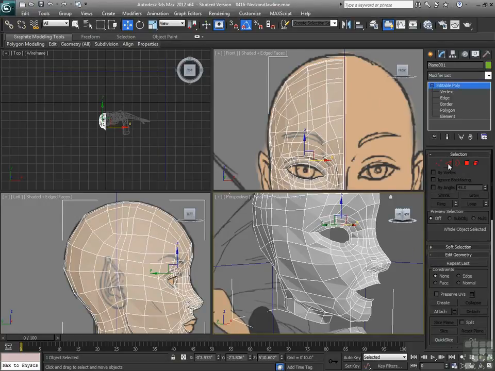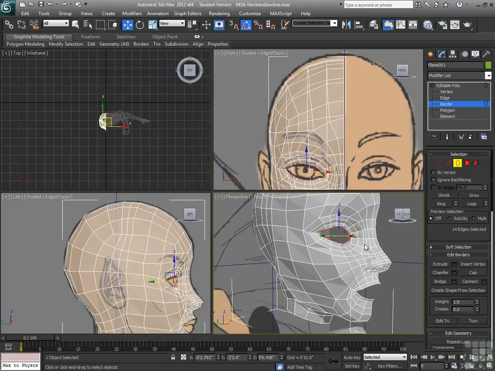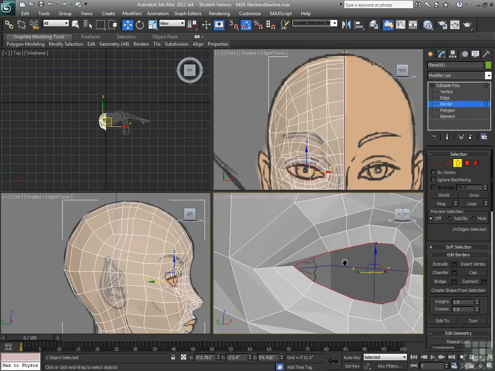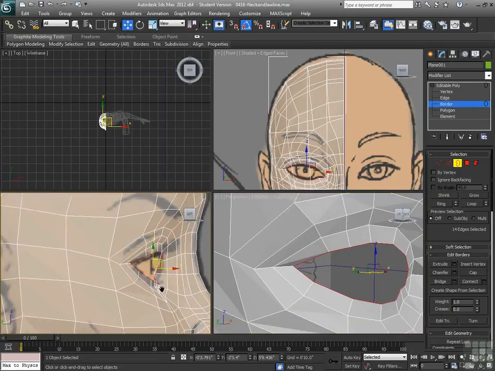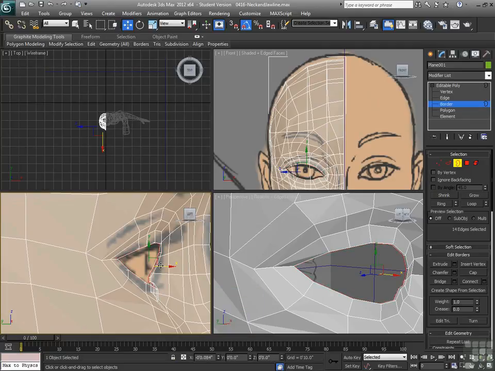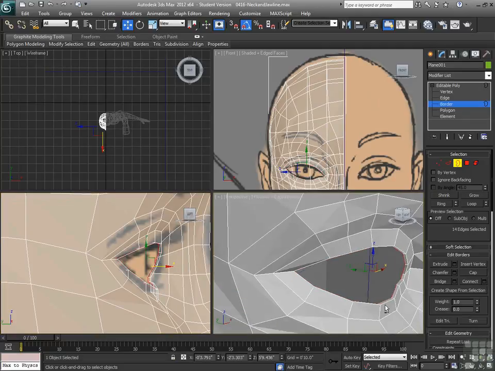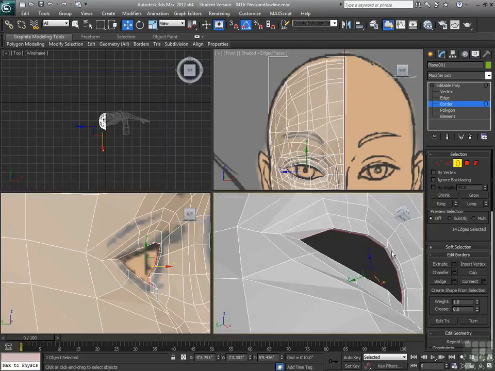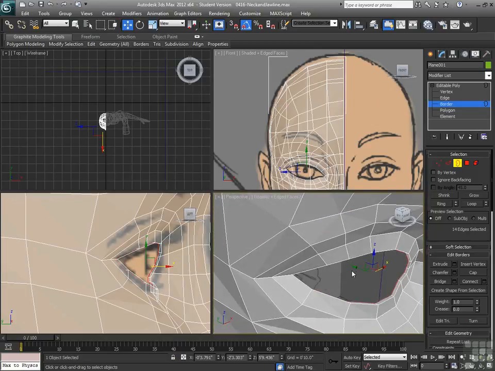Alright, in order to add a little bit of thickness around the eyelid, we're going to grab border, and then nice and easy, we're just going to shift drag slightly back into the mesh. Now that's going to create the thickness of the eyelid for us. We don't have to get too precise here, but as we drag in a little bit farther,